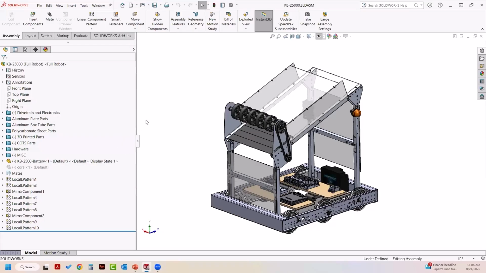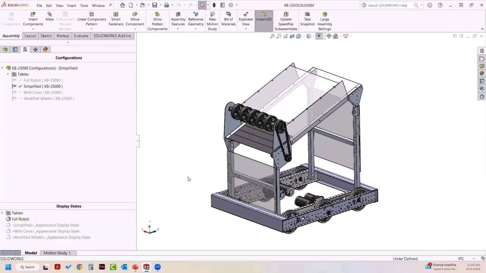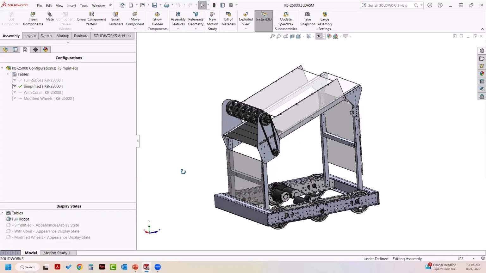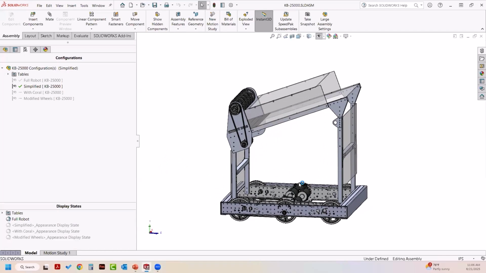So one of the first things that we do when we create an analysis is we create a simplified version of the model, and that will save us computational resources. Here I have a model that I've simplified. I've removed a lot of small parts. I could have actually simplified this a lot more and removed all the parts that are below here, but this